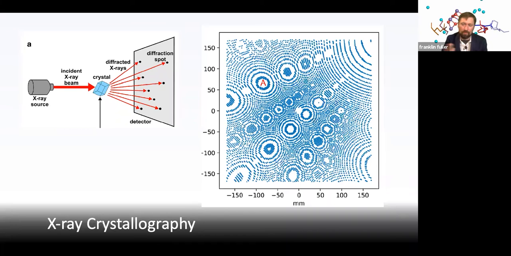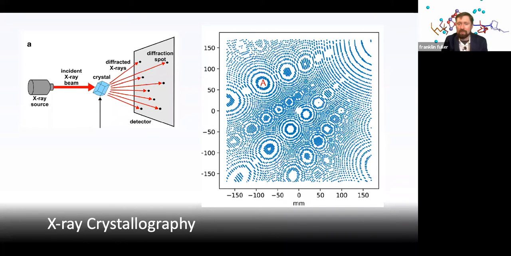And the more perfect that lattice is and the more pure the PS2 is, the better this technique is going to work. Once you have that crystal, you can hit it with an X-ray beam like we're showing here, and it will form these just frankly gorgeous patterns of spots on the detector in front of it. And these patterns indicate properties of the lattice structure, while the relative intensity of these spots encodes the atomic positions of the individual atoms that are creating this lattice